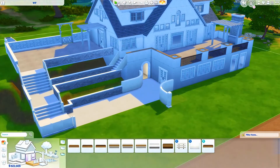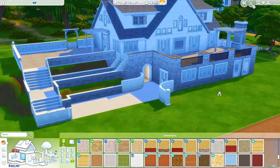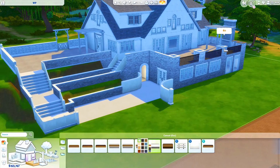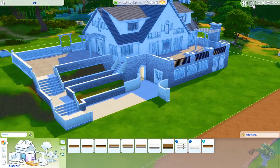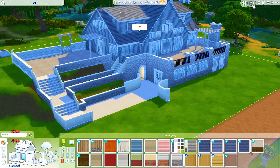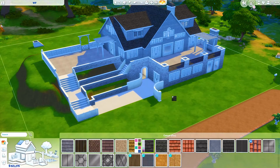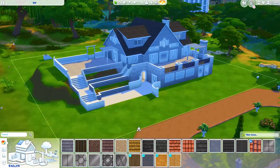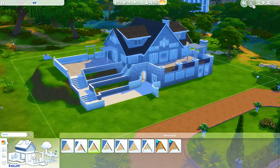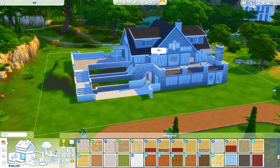But then I ended up changing it to stone, and I think it looks so much better. The brick was pretty, but it was making the house look a little too upscale, a little too mansion. It just wasn't vibing with the siding and the feel of the house, because this house has almost a Brindleton Bay sort of vibe to it. And so I ended up changing the brick to flagstone, which I think